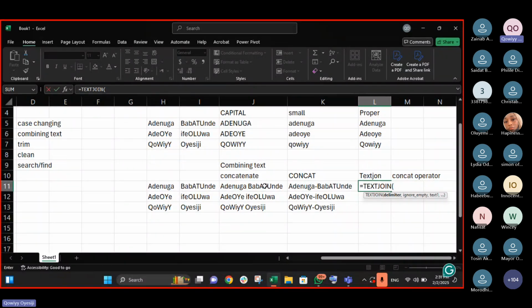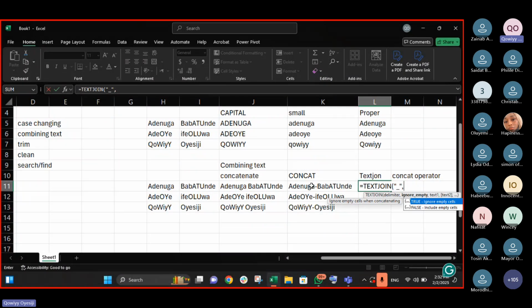At times you might say what I want to use as my delimiter is a number. It's going to work. At times you can say space, hyphen, dash. It's going to work. Even if you say it is a letter you want to use as a delimiter, Excel does not know, it's your choice. Is that clear? But most times, a delimiter means signs like space, hyphen, dash, but we can decide to use either a letter or a number as our delimiter. So let's use underscore here.